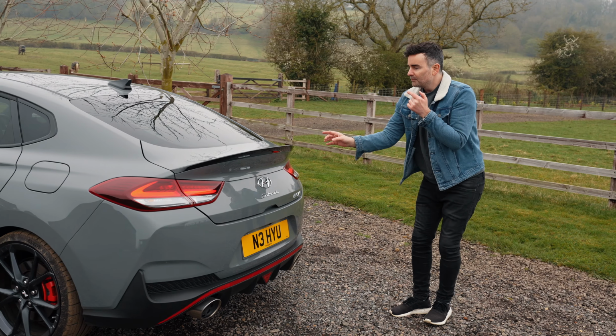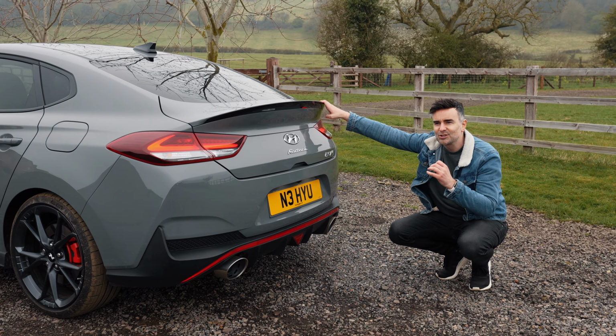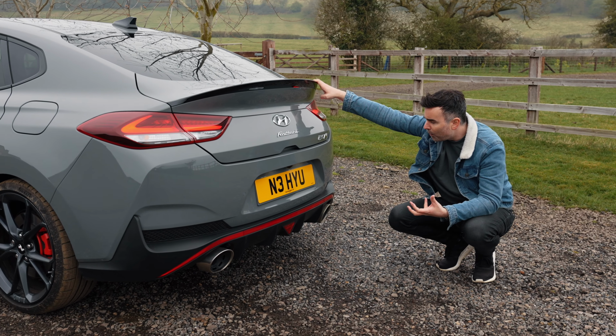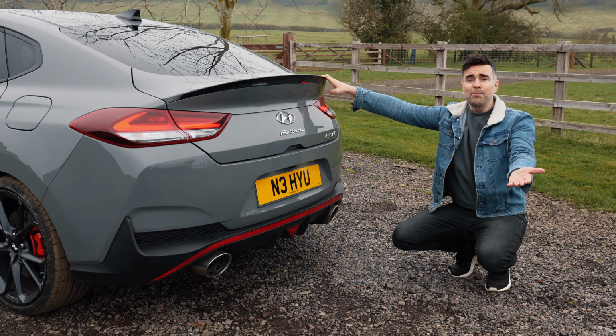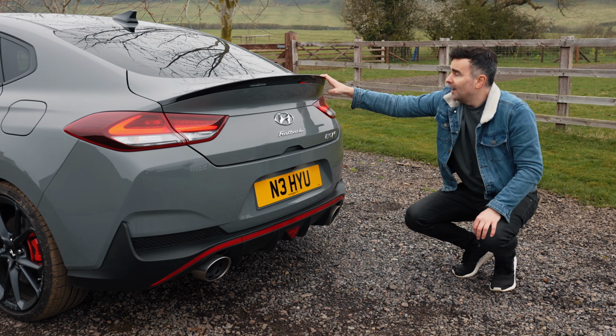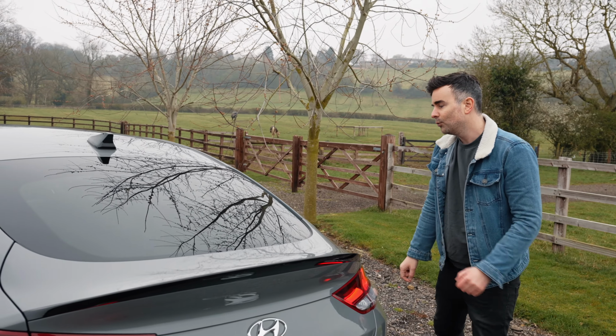And you know what? Every time you see these on the road, you hear them, don't you? They've got that sweet sound, the crackle, the pop. Some people say, well, I'm not too sure about it. And some people love them. So do you know what? Before we get going, I'm gonna jump in the driver's seat and let's listen to what this car sounds like